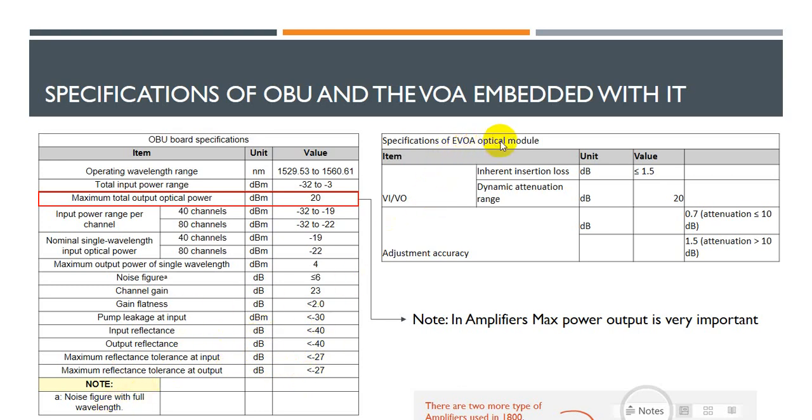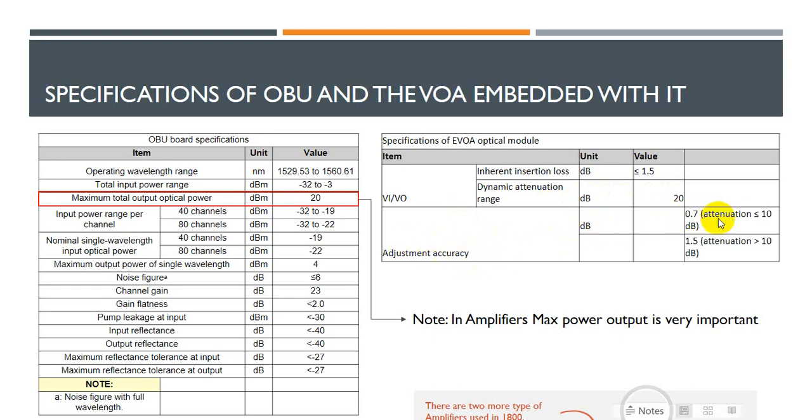And that EVOA, which is the additional embedded component, has an insertion loss. Because it's a component, it will insert a loss which is less than or equal to 1.5 dB. So even if you set it to 0, there will be insertion loss. If you don't use any VOA insertion loss, there is still a loss in the component itself. And it can go with a range up to 20. So you can insert a loss up to 20 dB, and the adjustment